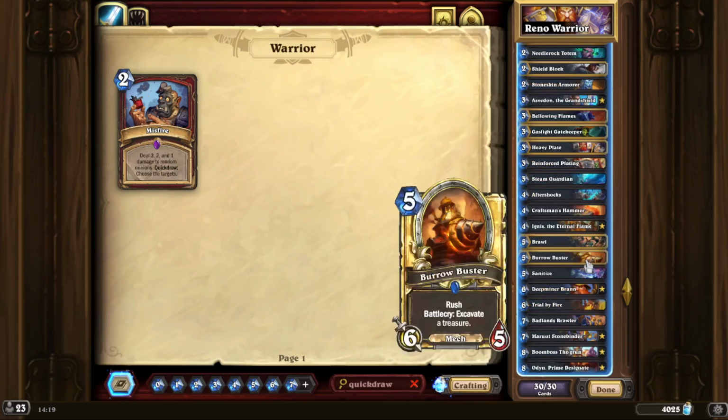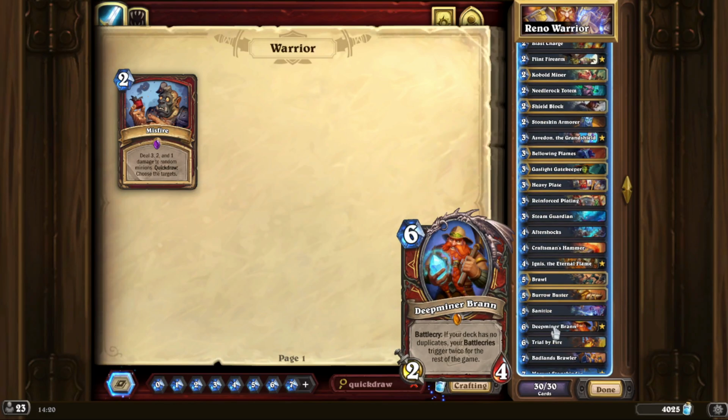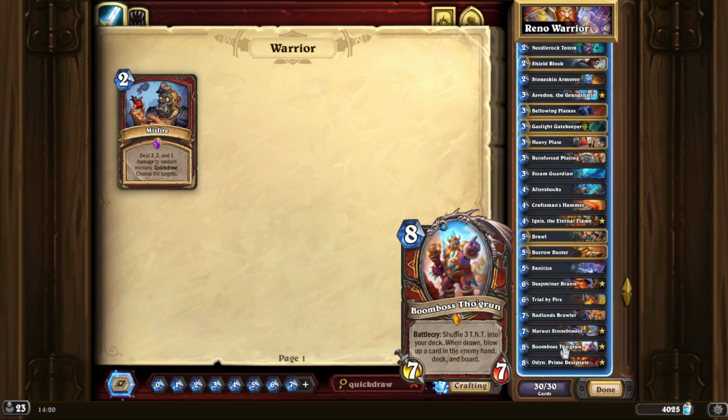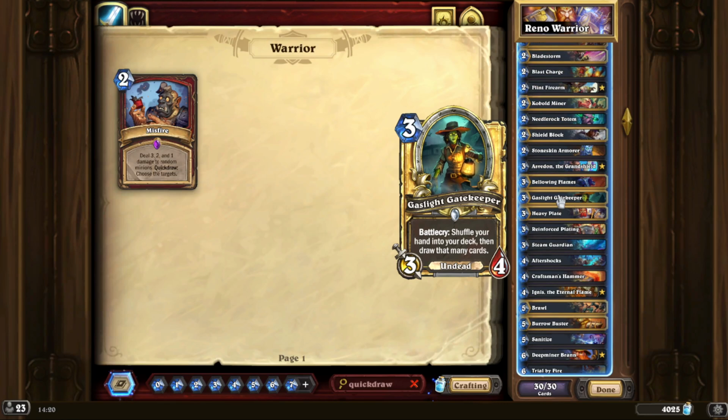Okay, so that's the general idea of that. That's Brann again with the Boomboss Tho'grun, and that's why I chose Gaslight Gatekeeper. Still undecided about this, but it seems like a good idea, but it's 2 mana more expensive than Finley, and